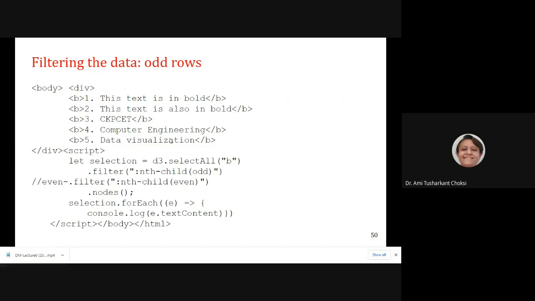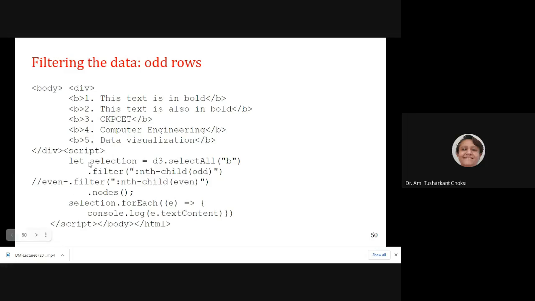Right? Now, what code we are writing is script. See, you can write in the next line of the editor, but as I wanted to fit it here and show you together, I have put the text starting here. See, it doesn't matter whether you are writing on the same line or next line, but for readability, people put it on the next line. Here to fit the data in the screen, I have put it on the same line. Doesn't matter, okay? What we want to do is, we want to print the odd rows. For the B tag, we want to print the odd rows, right?